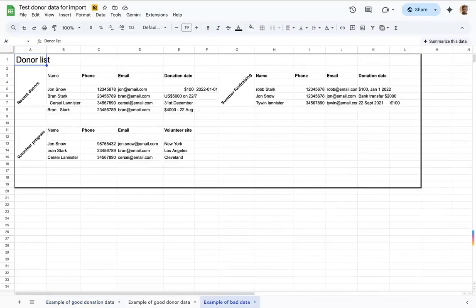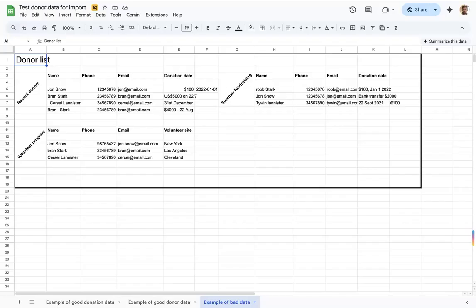So here's what I've called bad data. Now, there is no such thing as bad data, right? I mean, if it's correct, it's correct. But when you're going to be uploading data into Monday, and that is really the first step, before we're connecting it, we need to have the data in there, right? When you're going to be uploading the data, we want to make sure that it's formatted correctly and Monday can interpret it properly. So if your data looks like this, I would definitely recommend spending a little bit of time going through it in your original spreadsheet to improve it.